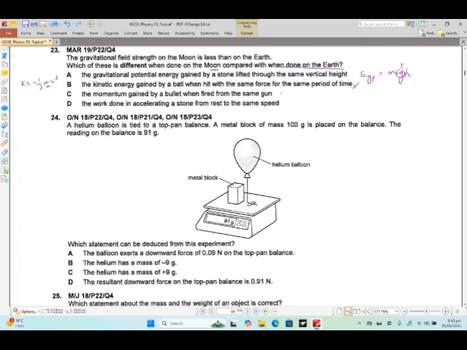delta v over t होता है, velocity over time। So velocity का भी कोई लेना देना नहीं है on moon and earth। ठीक है, तो ये भी कुछ problem नहीं create करेगा। Work done is force into distance, तो force into distance भी कोई रोल प्ले नहीं कर रहा इस केस में, जहां पे आपको देखना है कि which of these is different। तो kinetic energy, momentum और work done तीनों जो है वो मून पे और